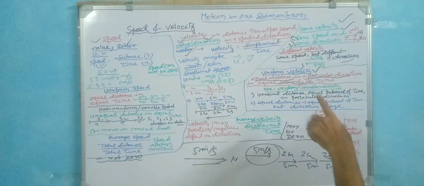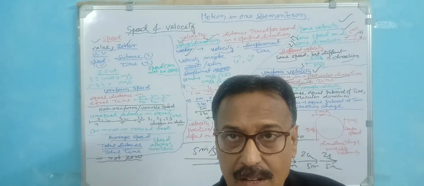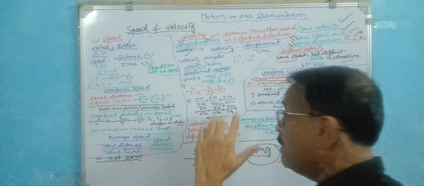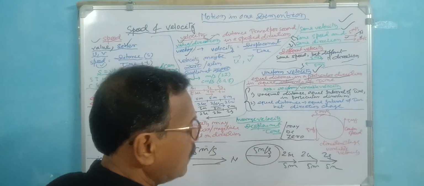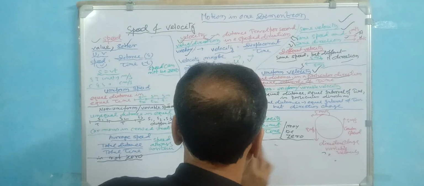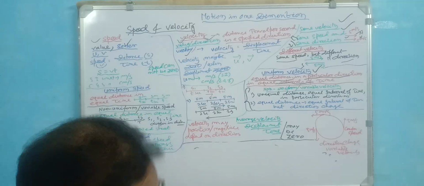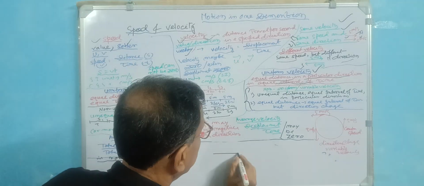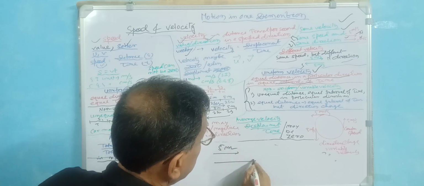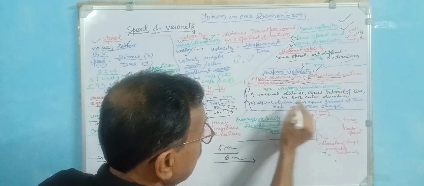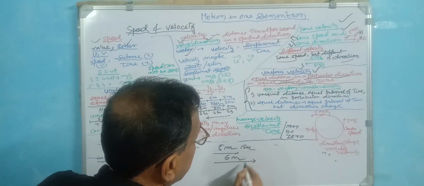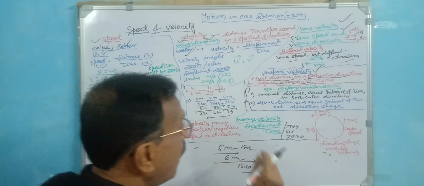Now, what is the non-uniform velocity? Non-uniform velocity, or the variable velocity. There are two conditions. One is unequal distance. Suppose this is 5 meter, this is 6 meter. Unequal distance, equal interval of time. Suppose this is taking 1 second, this is 1 second. But the unequal distance,